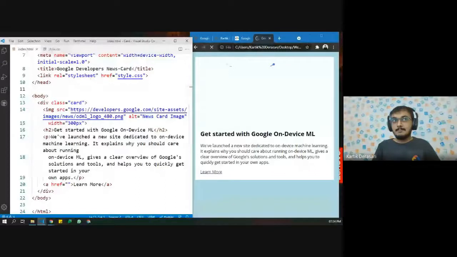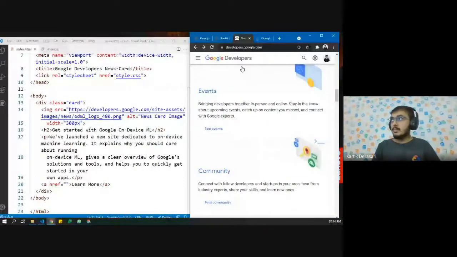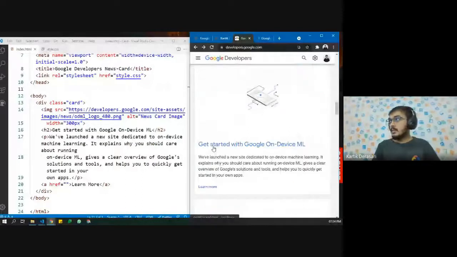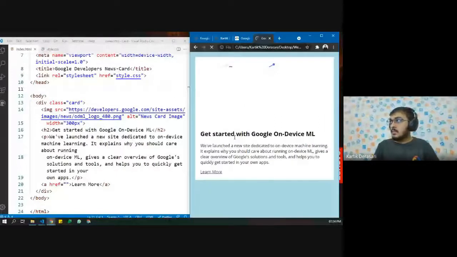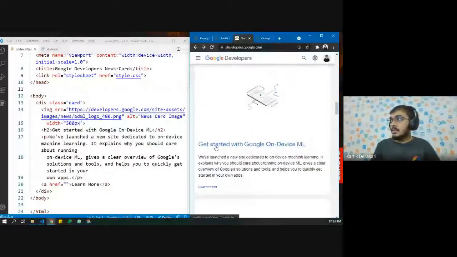Okay, the image is still appearing, but let's go to the next thing. Let us compare this get started with the dual HTML and our heading. So we need to do two things. We need to change the thickness of our heading, and we also need to change the color of our heading.